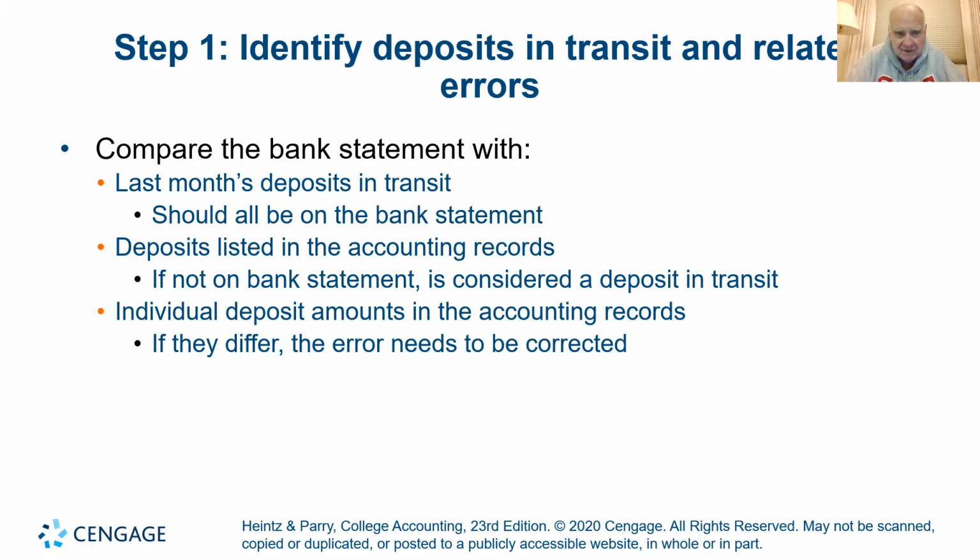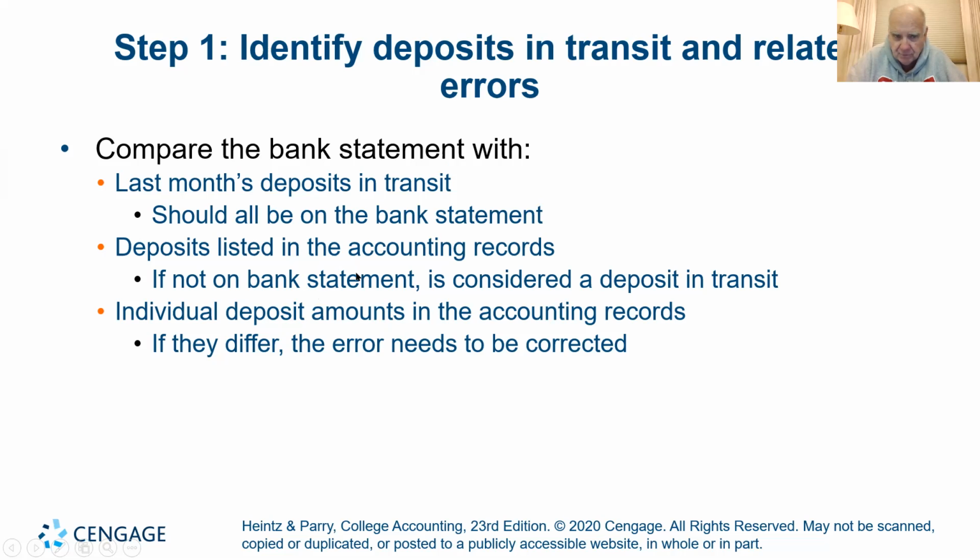Identify the deposits in transit. We're going to sit down with our general ledger, and next to that will be the bank statement. You're going to look at the first deposit on your general ledger, and you're going to look at the bank statement, and if it's there, you're going to cross them both off. That's what I would suggest. You physically draw a line through the same two numbers because you don't have to worry about it. What's left unmarked is going to be your deposits in transit, okay?